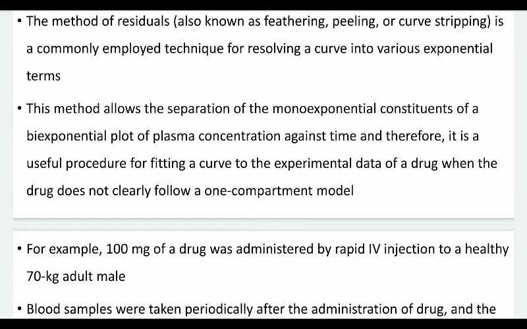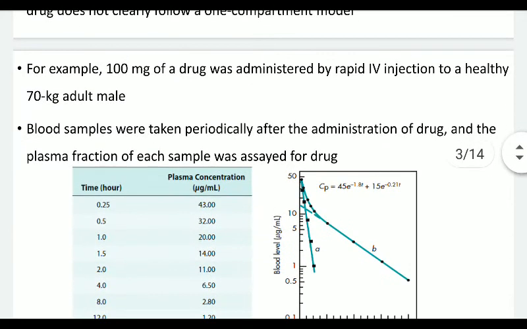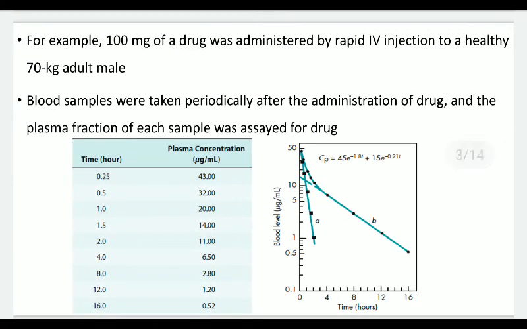We are converting that bi-exponential plot partly into a mono-exponential plot, and thus it would help us to calculate various pharmacokinetic parameters. For example, 100 mg of drug was administered by rapid intravenous injection to a healthy 70 kg adult male. Blood samples were taken periodically after the administration of drug, and the plasma fraction of each sample was assayed